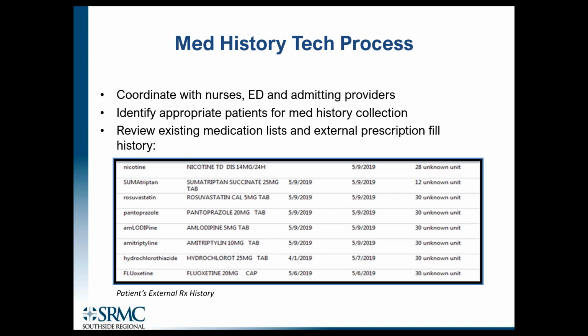If for some reason the patient's bottles come in and they still have medications in them and I can visibly see that they are not taking them correctly, I will ask the patient if they do take their medications on a daily basis. Sometimes whenever they talk to me, you can get the notion that they do not take their medications daily, even though they say they do. So I will put in the comment section on the updated home medication list,